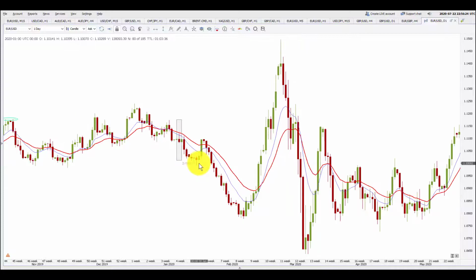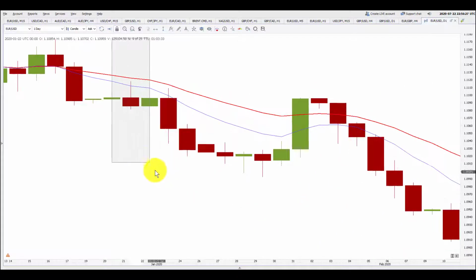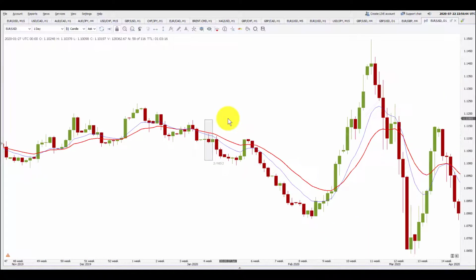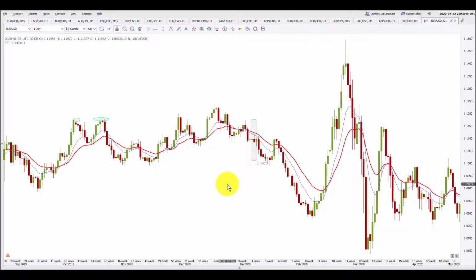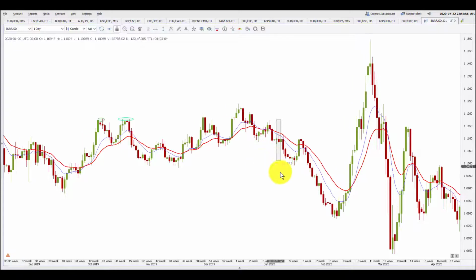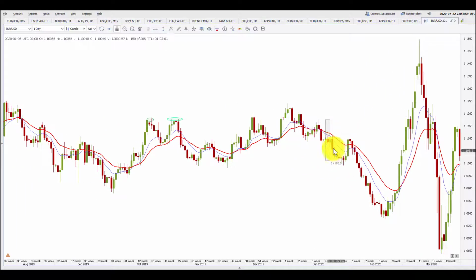Now how do you trade this bearish pin bar? Basically, you place a stop sell order below the low of the bearish pin bar, and your stop loss should be higher than the high of the tail by 2 pips, 5 pips. That is your choice, whatever you want to keep. Your take profit target should be at least 3 times. It does not mean you keep your target 3 times the stop loss blindly. No, there should be a potential for the market to run at least 3 times from that place.